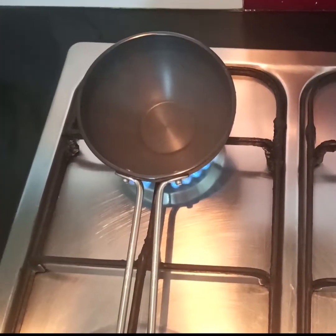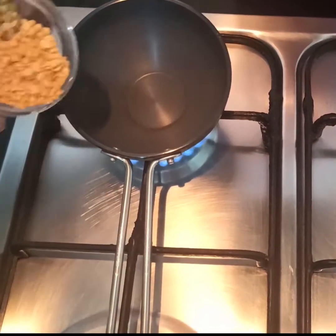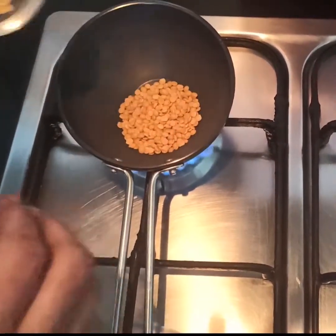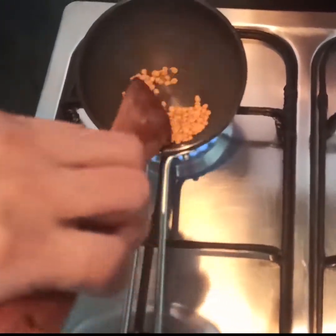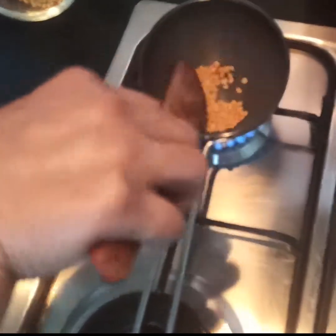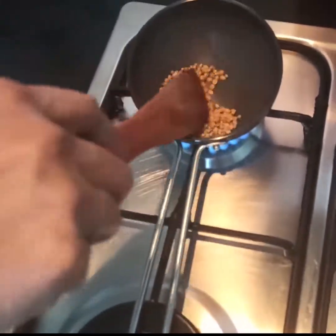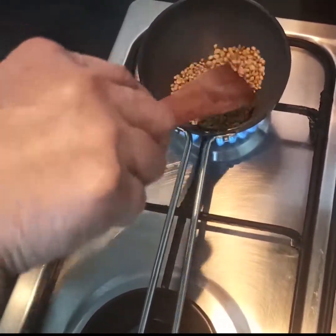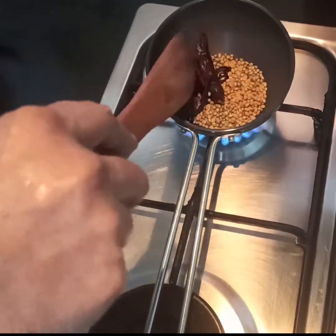We will now make rasam powder. To make the powder we need a pan and we need to roast all the ingredients. Let's add 1 cup of tur dal and roast it well. We will now add dhania seeds, dry red chilies, 5 of them,